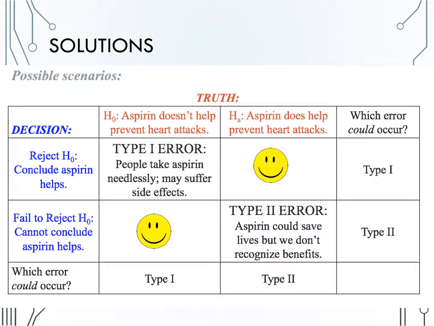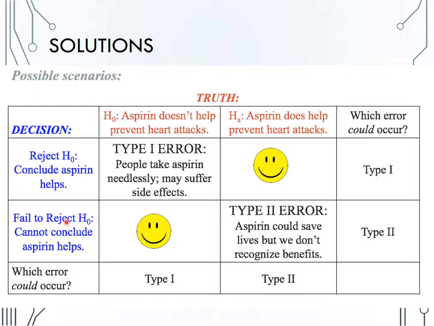The observational units in this example are the physicians, and for each physician I would record whether they took aspirin or not, and whether they had a heart attack or not. The null hypothesis was that aspirin does not prevent heart attacks, and the alternative is that aspirin does prevent heart attacks. So then to reject the null would be to conclude the alternative, or conclude that aspirin does help prevent heart attacks. Failing to reject the null would mean I cannot conclude that aspirin helps, or I cannot conclude the